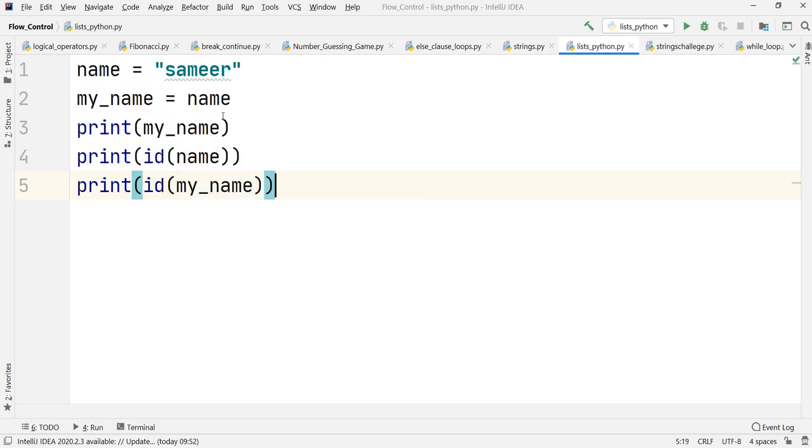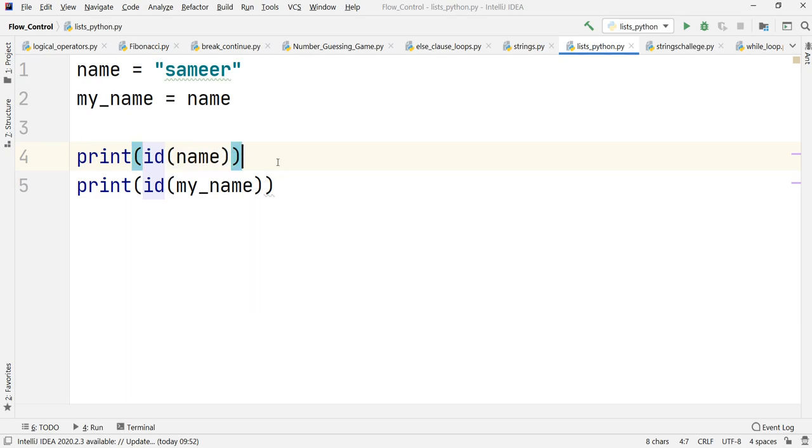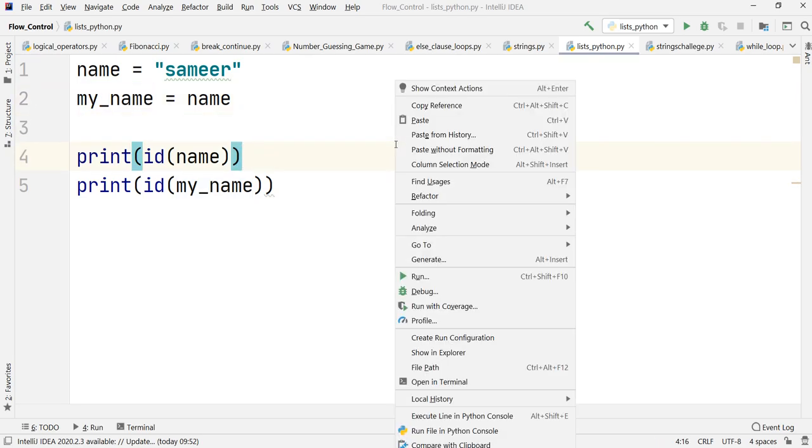I'll just remove this line, we don't want this. I want you to guess what will be the output of this particular print. Here I am going to print out the unique ID. As you have read, they say this ID will be unique over the lifetime, but practically it should be unique over the execution of the code, if the variable is different. And again here we are printing out the ID of our second variable that we have created. Let us just see what output we get.